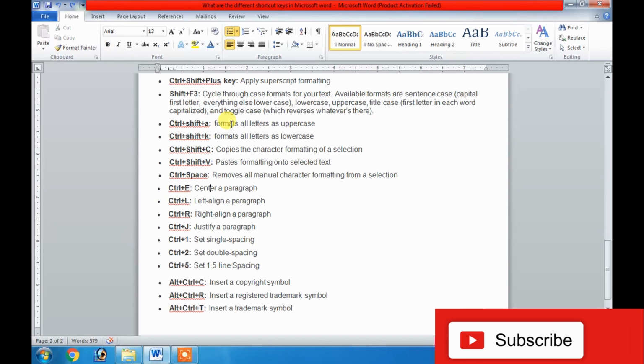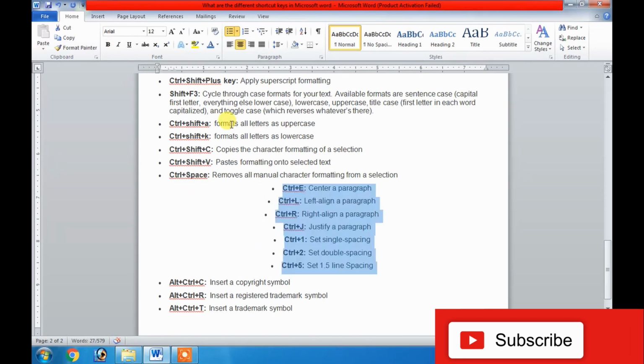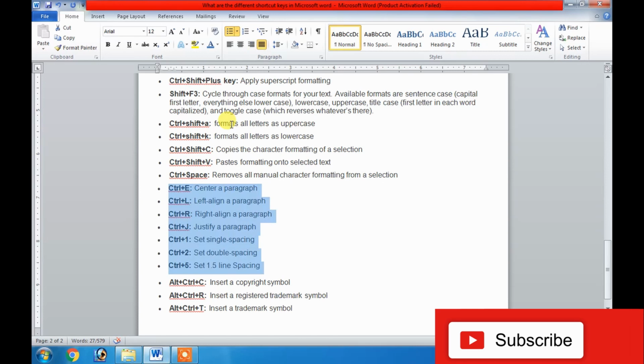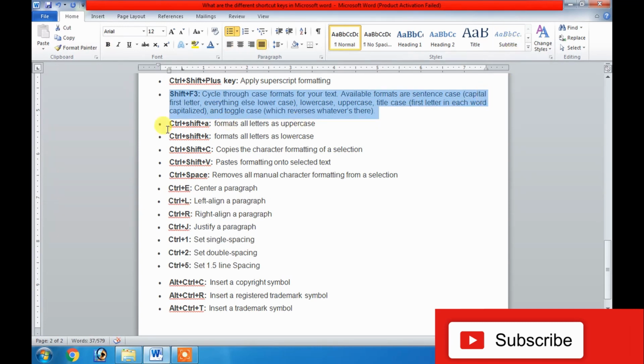Next, we have some shortcut keys related to the alignment of the paragraph. Suppose I select the content and do control plus E, now the paragraph is in the center, control plus L at the left, control plus R at the right, control plus J, this is for justification, but the content is less, so I can select this paragraph and do control plus J. Now you can see that the text has been aligned from both sides. If I do control Z, you can see the difference, right?